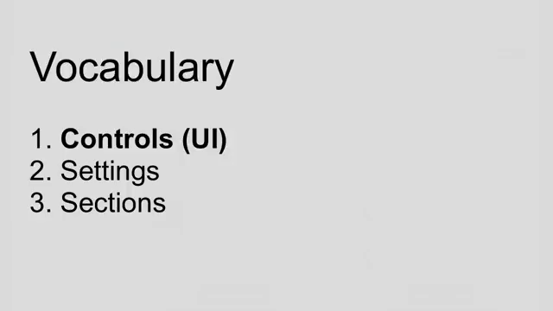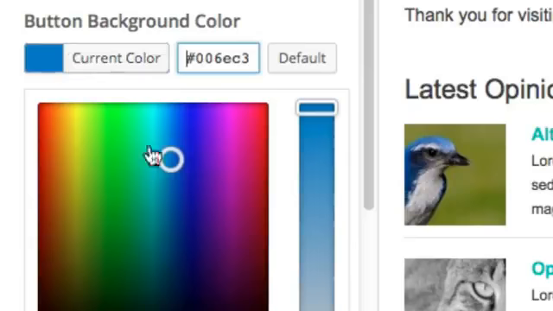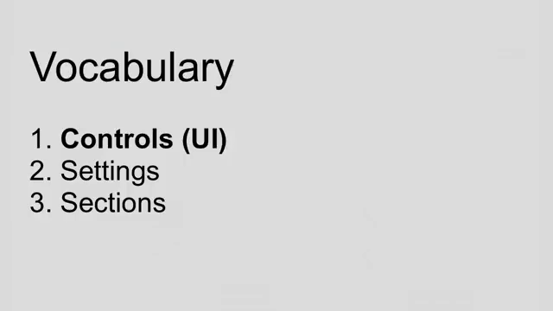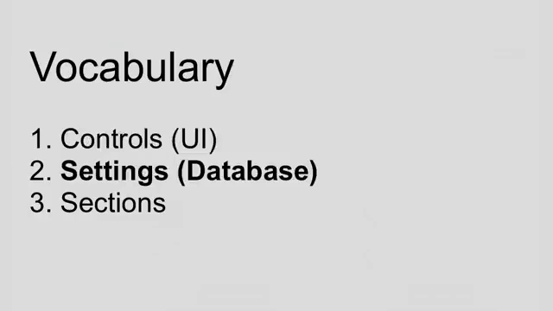So a control is the form element that users actually interact with and click or tap on to make their choice. So whether that be a color picker or a text box, you get the idea. A setting is how we save the user's choice. So let's imagine they use a color picker, which is the control, and they choose pink. That choice, that value of pink, gets saved into a setting. So when you think of a setting, think of a database. We can set or save values into a setting, and then later on we can get or load values from